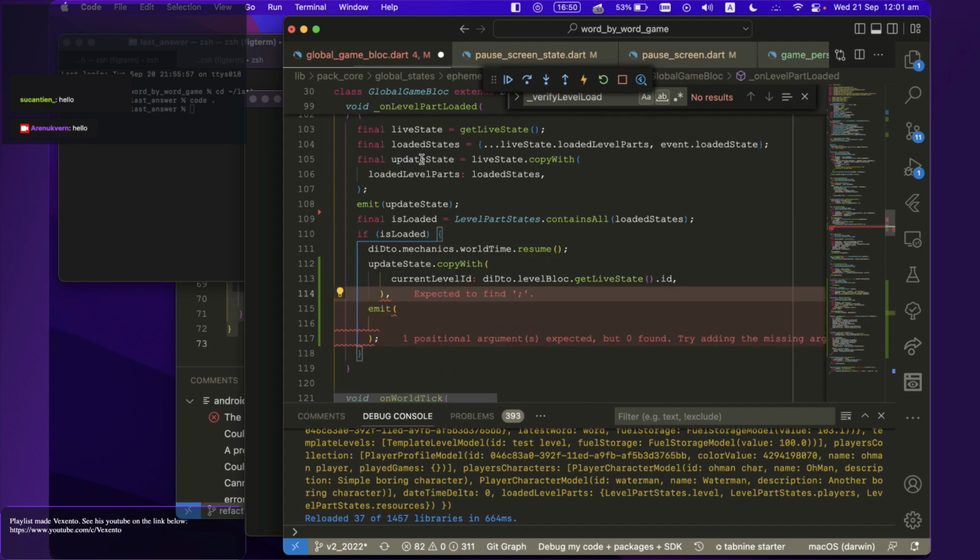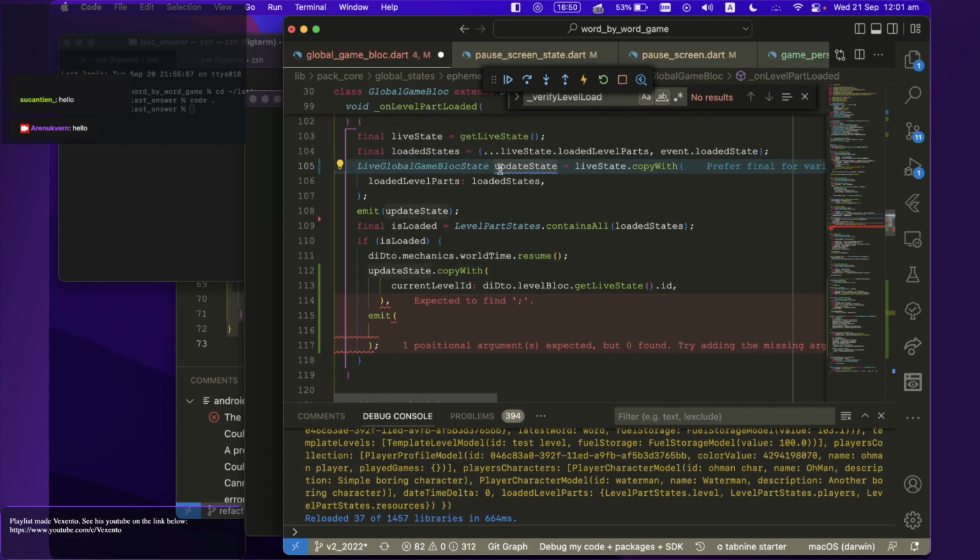So the updated level and updated state, let's get a type, updated state,